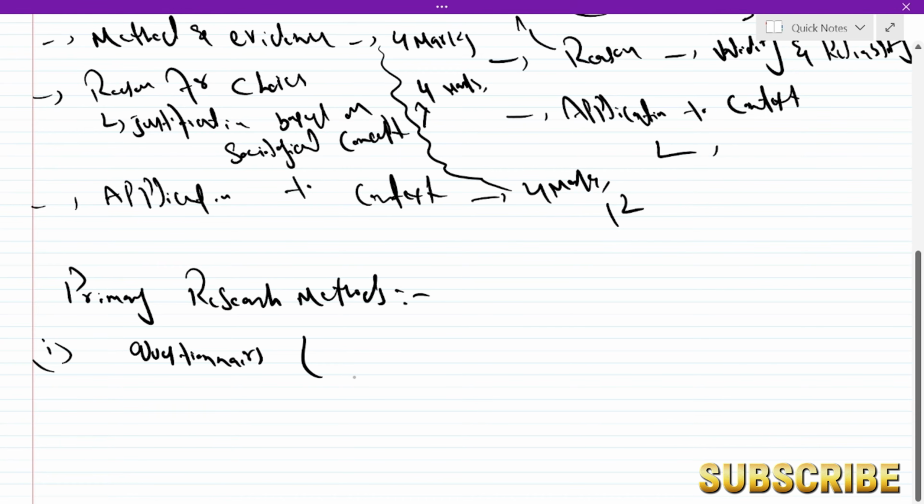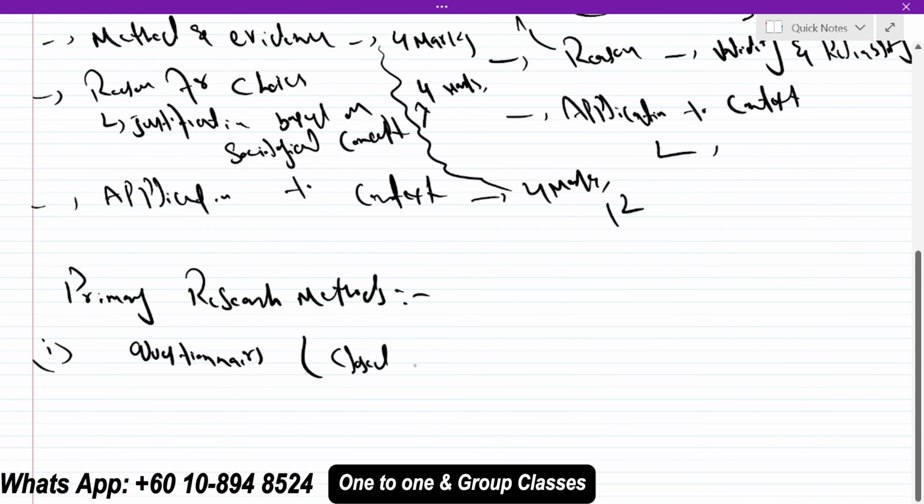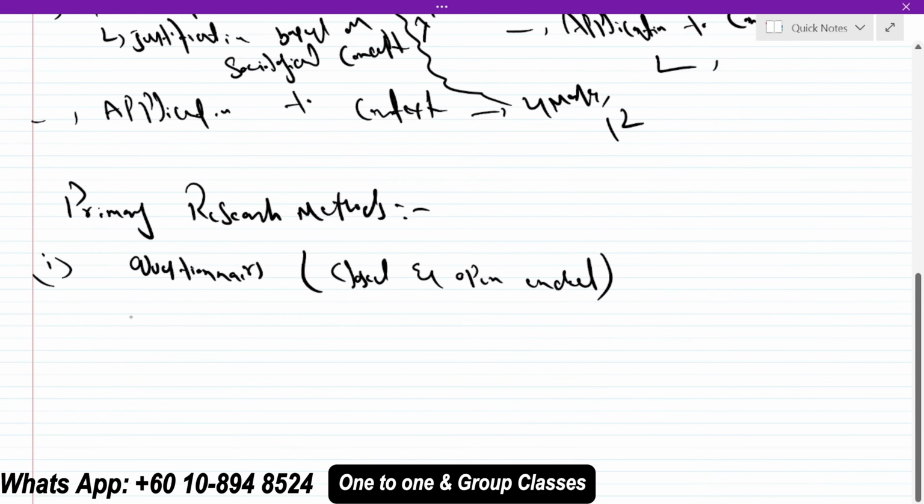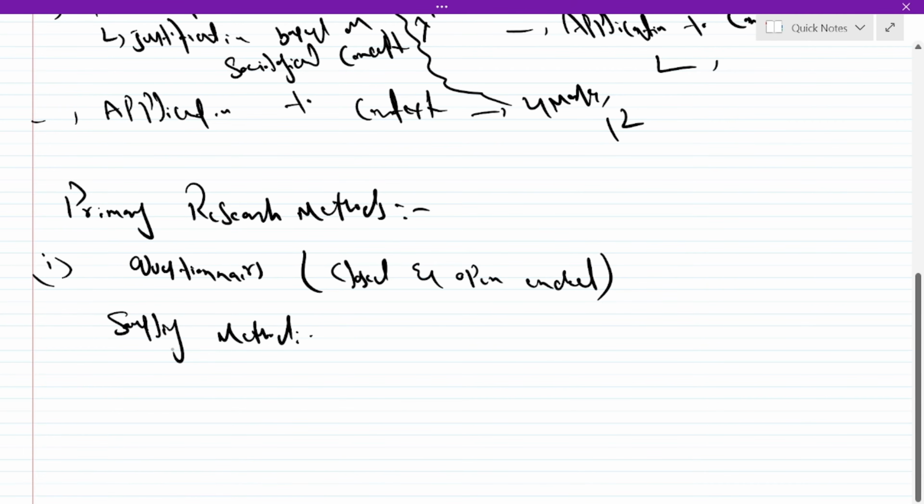Here you can talk about both perspectives, closed and open-ended, right? So you will talk about the sampling method in this question, like stratified sampling, age group 13 to 18 and 19 to 25,